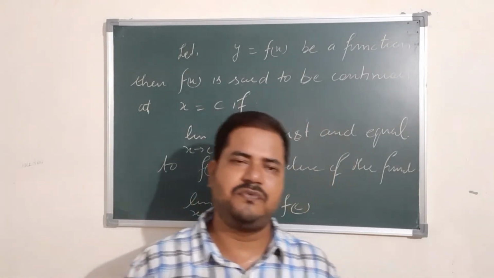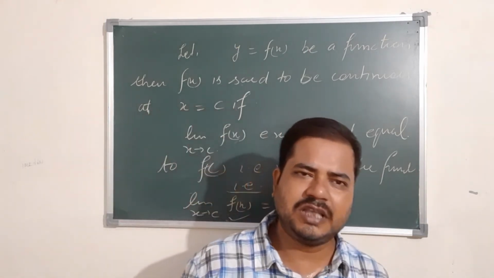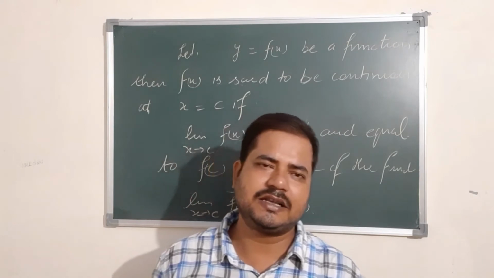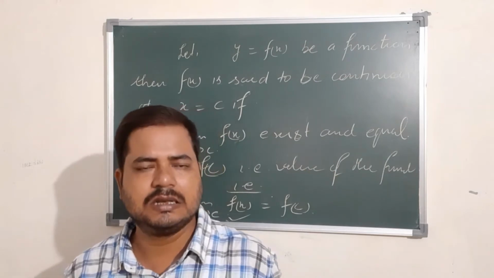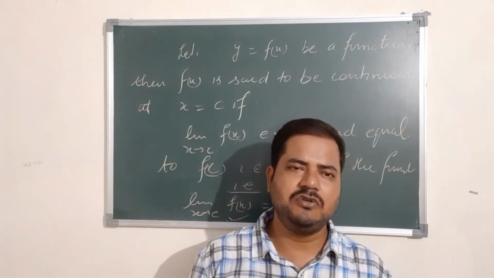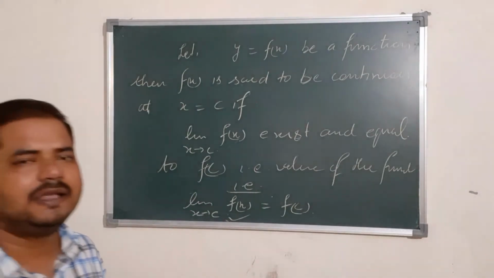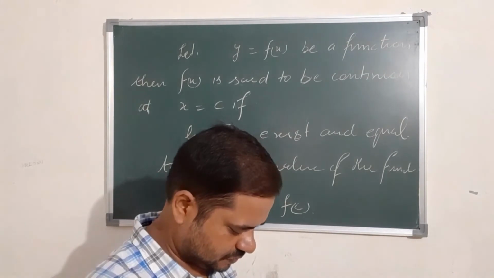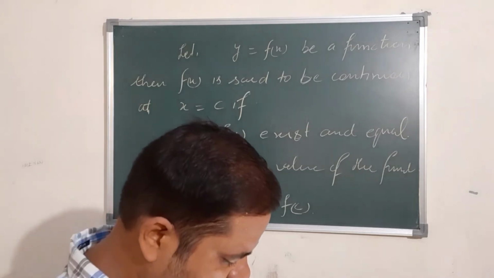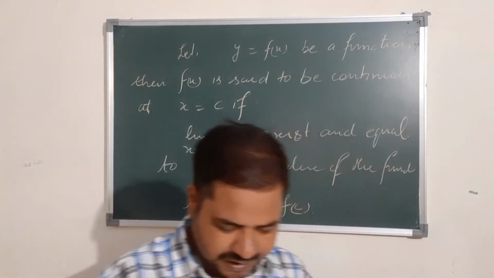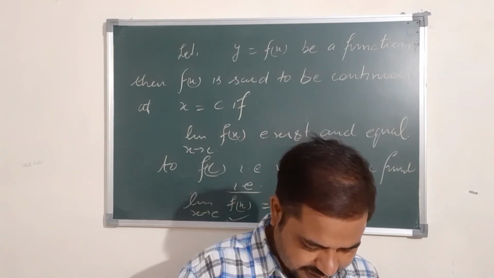Now if we see the same question, is the modulus function continuous at x = 0? So obviously you have to find RHL and LHL. The value of the function at x = 0 is 0 only, and RHL and LHL are also 0. So the limit of the function is 0, and this is equal to the value of the function. Hence we can say the modulus function is continuous at x = 0, and hence f is continuous at all points. Similarly, we can see other questions.